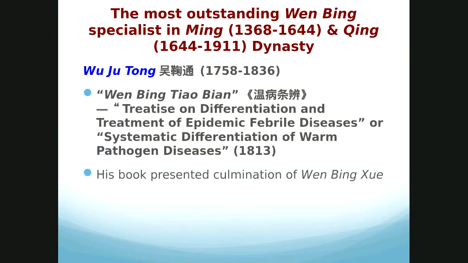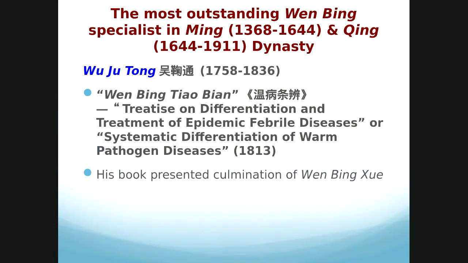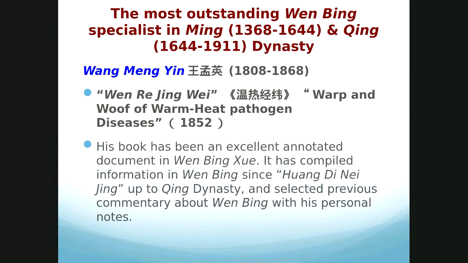And Wu Jutong is great at focusing specifically on dampness and warmth, differential diagnosis from his books, and also very good at focusing on the triple burner differential diagnosis and damp warm illness treatment from his formulas. Same for Wang Mengying, they all have great contributions. They lived in actually a similar era. So 1808, this is about 1836, about a similar era. They come from the same region of China along the Yangtze River. They all came from the same hometown, I think, as well.